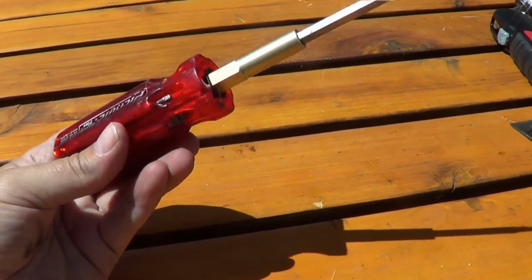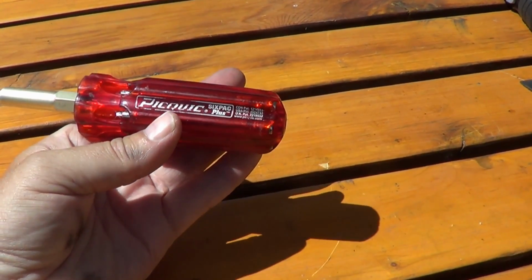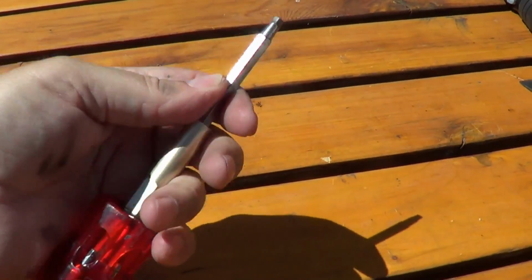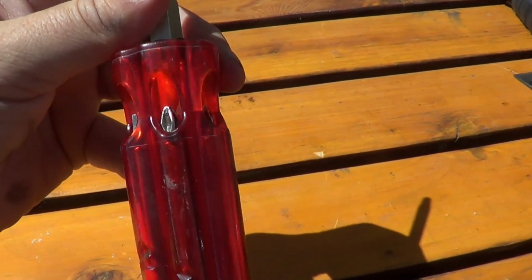Next, a good quality multi-bit screwdriver. These ones are made by, I find this Pick Quick brand to be among the best. And I can also use the bits in my drill or my screw gun. So it usually comes with some